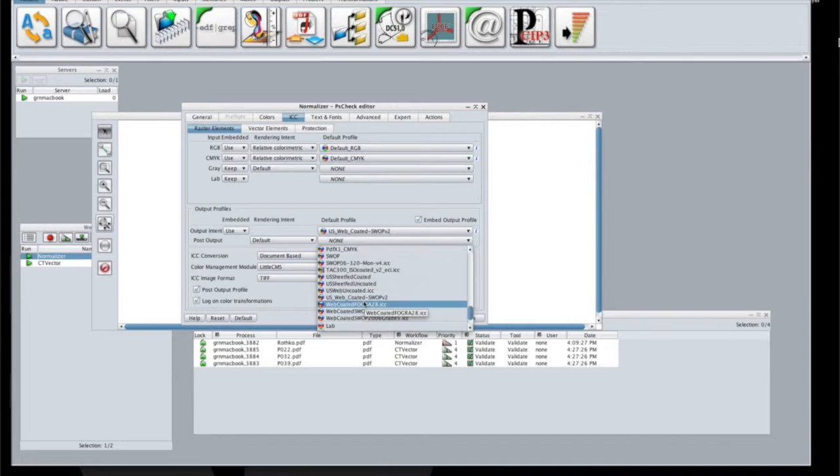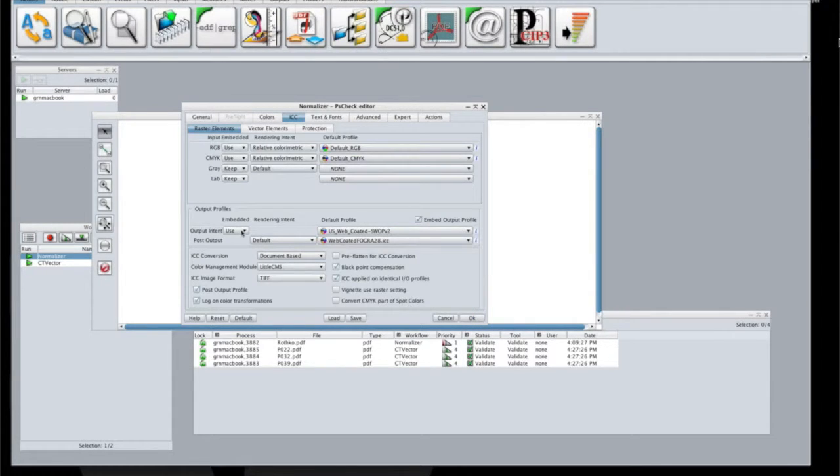So now in TWIST7 you have the option post output. So when you enter a PDFX file, it goes first to the output intent, and then uses conversion from output intent to another profile, to the US web-coated FOGRA in this case. So that's the one purpose of this post-output, one big advantage.